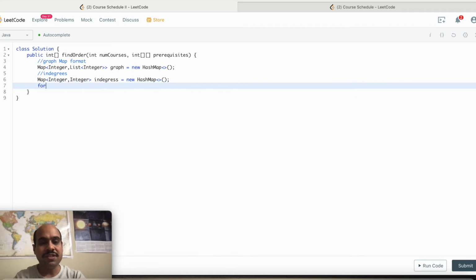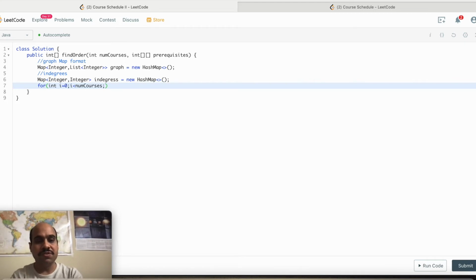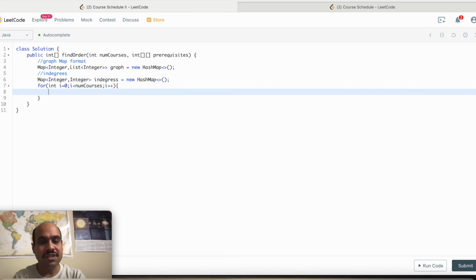So first let's initialize these two variables with the number of nodes. So for int i equal to 0, i less than num courses, because we are told in the problem to use nodes from 0 to n minus 1. So that's where we are using these node names here.